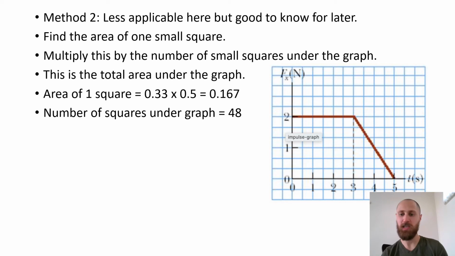Now, I've gone ahead and counted the number of squares under this graph. That might seem silly because there's a lot of squares, but sometimes you won't have a simple rectangle and simple triangle. You might have some shapes where you can't get the area, and in that case, you do need to count squares. A general rule that we have in physics is that you've got whole squares for some parts, but sometimes if you look under the triangle, you've got half squares, not fully under the graph. There's one up the top near where the triangle begins, where you can see it's kind of under the graph